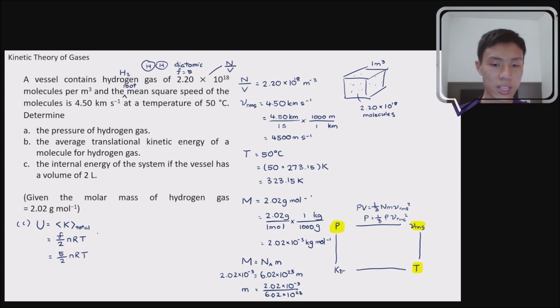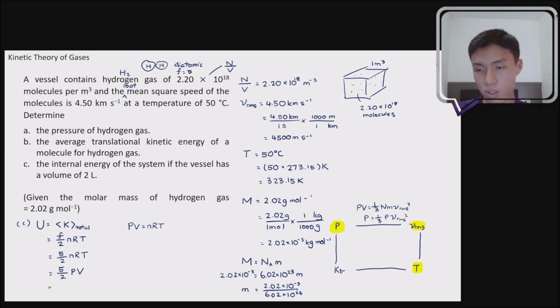But if you are excited to do your substitution right now, you'll notice that you have the temperature and the gas constant. The problem is you don't have the number of moles. If you don't have the number of moles, it will be difficult to do this substitution. But you know from the ideal gas equation that PV equals nRT. So you can change this nRT to PV. You have your volume of 2 liters, which you have to convert into meter cube. You have your pressure from question A, which you already determined to be 0.0498, so the rest